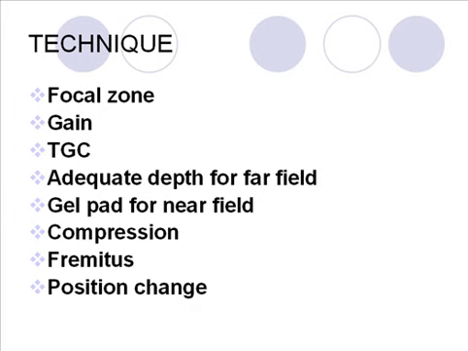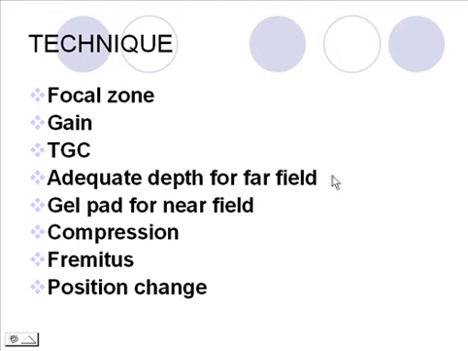Other than that, the fatty tissue should be kind of a charcoal gray color, or what my coworker likes to call it, a flannel gray. I like that flannel gray, because that's what it should look like. It shouldn't be black. It shouldn't be overly bright. It should be a dark gray so that you can judge everything against that. Your time gain compensation curve should be adjusted appropriately so that the fat looks that charcoal or flannel gray, and